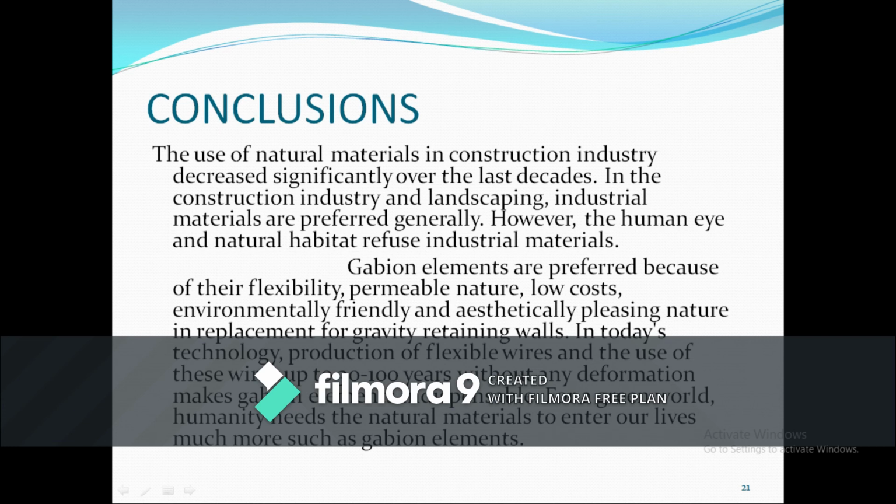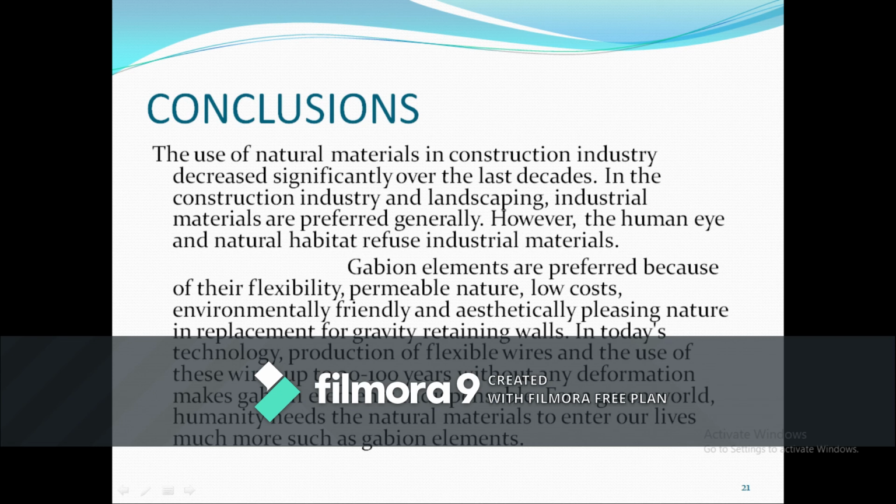For a green world, humanity needs natural materials such as Gabion elements to enter our lives much more. So in order to have a green world, in order to have a natural element in construction, these natural materials are entering into our lives, such as Gabion elements. It can be mesh, it can be a basket, it can be any other form.